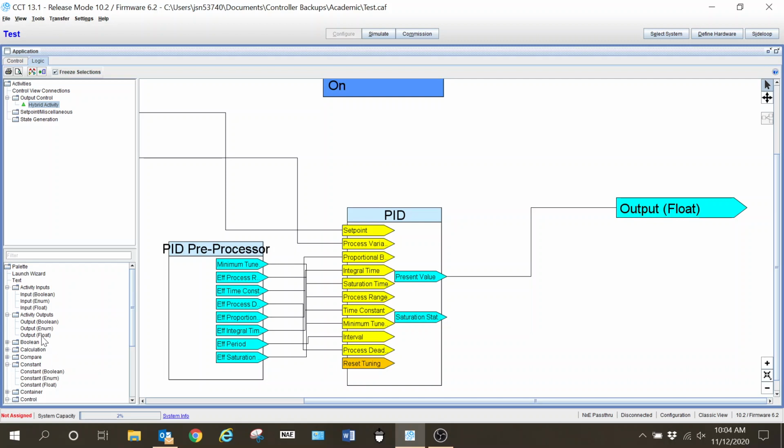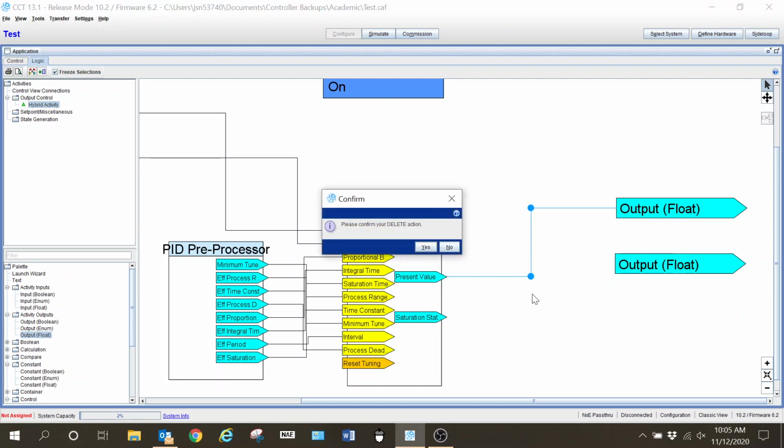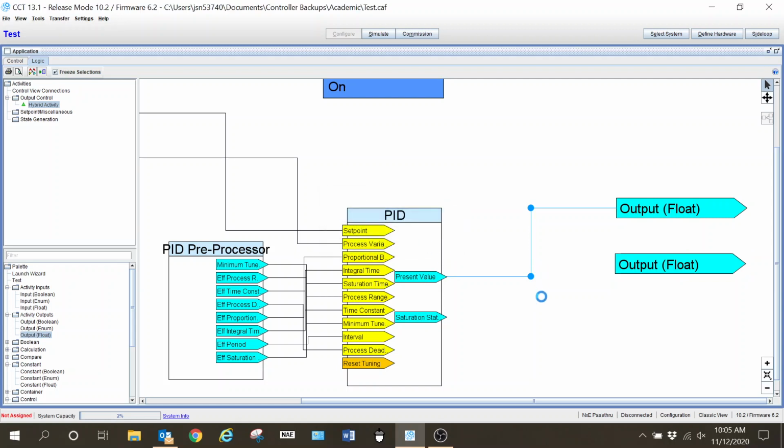By splitting the output of that PID loop. I simply grab my output floating, I pull another output over here, and this is going to give me the two outputs that I need. But right now, if I was to make my connection, they're going to control identically. When that PID loop is at 50%, both of these are going to be at 50%, and that's not what I want. I want to be able to split that. Okay, so I'm going to break this connection here, and once I do that, I'm going to go back over to my